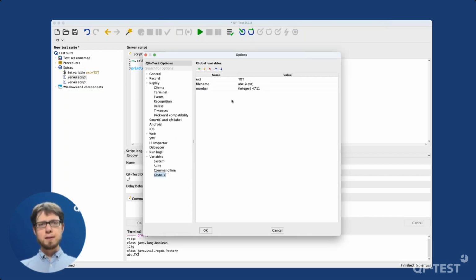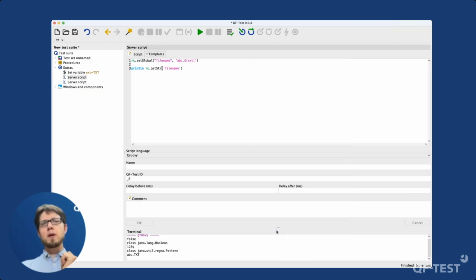And also, if we look at the table, you see that the variable itself still contains those parentheses ext. So during the getString here, we replace the extension and we resolve all the variables which are inside